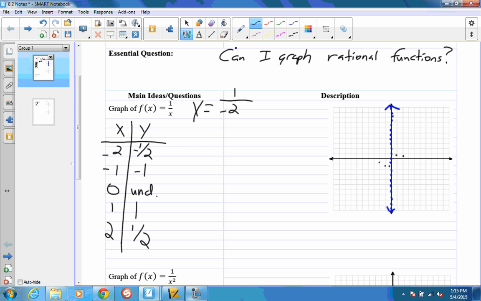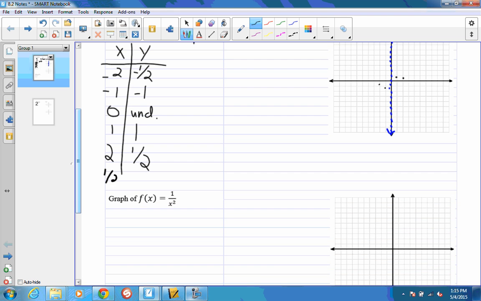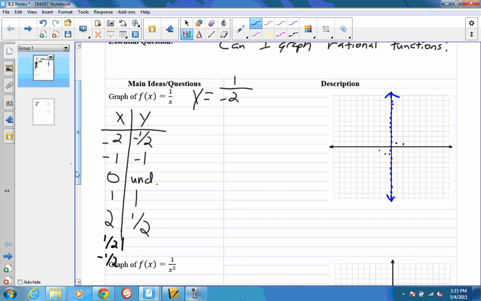Let's graph a couple more. Let's throw a couple more in there. I could keep going with bigger numbers. I've got 1 and 1, 2 and 1/2. If I plug in 3, I'm going to get a small number. So let's go the other way. Instead of 2 and 1, let's get real close to my undefined 0. So let's do 1/2 and -1/2. If I plug in 1/2 for x, that's y equals